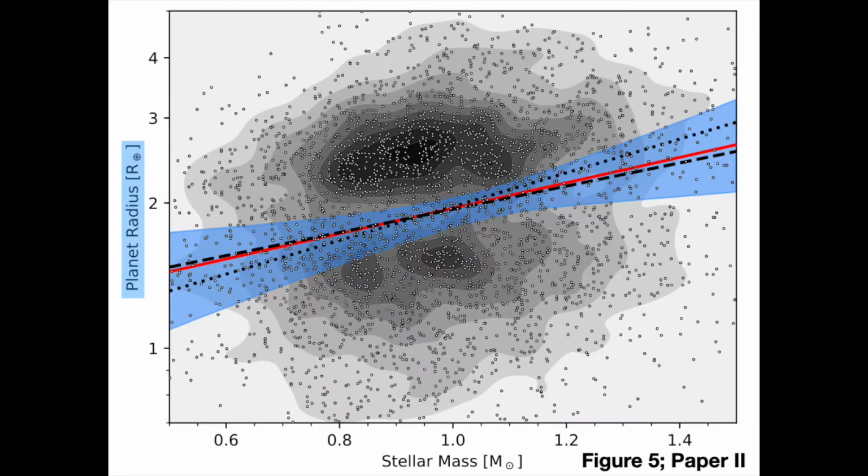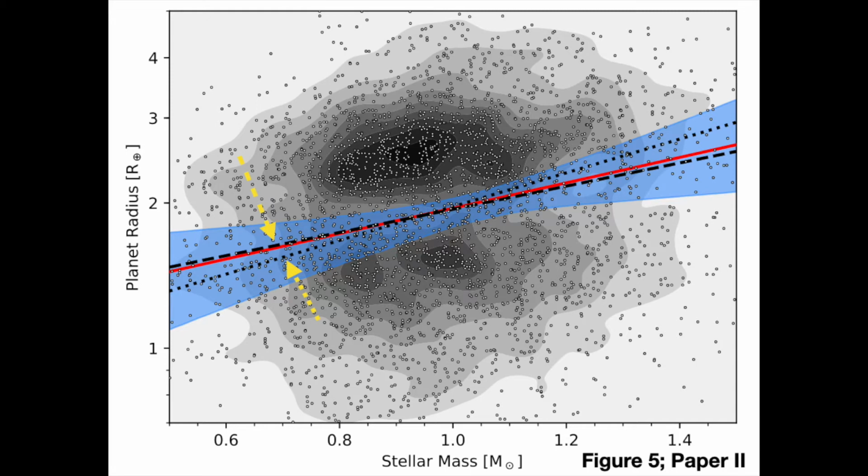Previous studies have shown that the planet radius gap scales with stellar mass for smaller samples of stars and planets, so we plot planet radius versus stellar mass for the full Kepler sample in figure 5. The individual points are each planet radius stellar mass pair, and darker shadings represent the higher point densities across the diagram, while the best fit line and the uncertainty region are plotted as the red line and blue shaded region respectively. The black lines represent the range of slopes predicted by 1. The theory of core-powered mass loss, which predicts that planet radii are strongly affected by the bolometric incident flux on a planet, and 2. A planet mass dependence on stellar mass, which is required by the theory of photoevaporation to explain the planet radius gap's dependence on stellar mass.